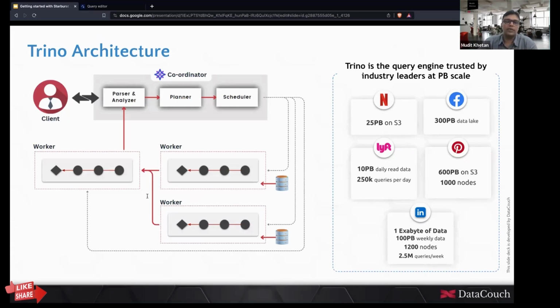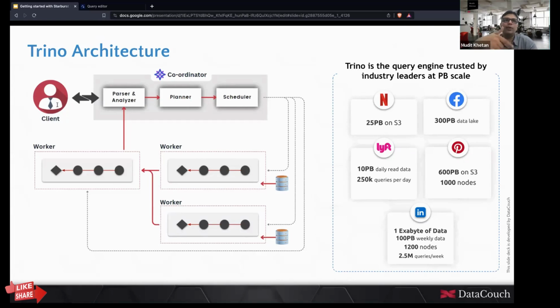There is no storage in Starburst or Trino. So that data keeps on passing through different stages, until the final data starts coming to the parser and analyzer, and that once again starts giving the data to the client.